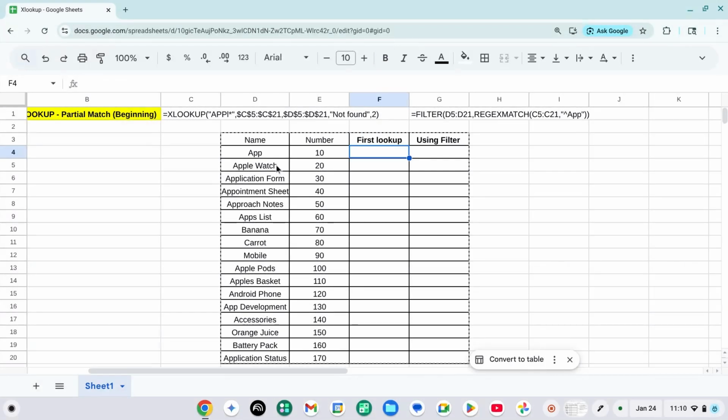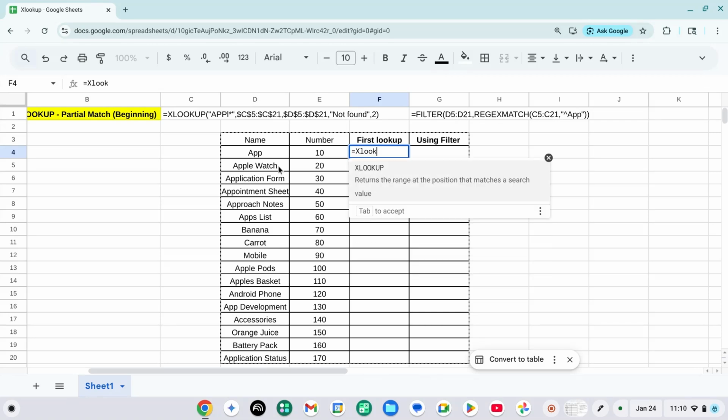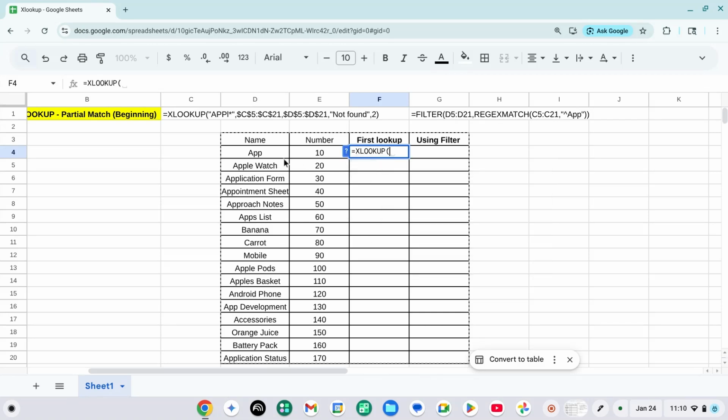So I'm going to write the formula for XLOOKUP and then select the search key. Usually we directly select the cell number or cell range for the search query, but here in this partial match we're not going to do that. What we're going to do is APP. So I'm going to write it down so that it matches with the exact name. So I'm going to write APP and then asterisk, okay, which means include this as a search, and then